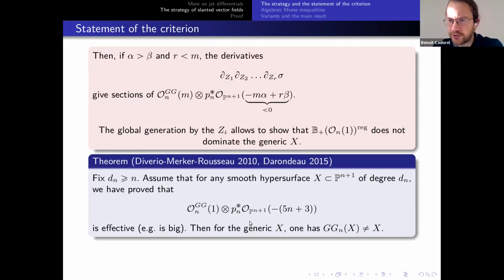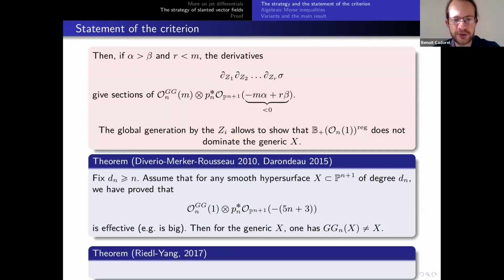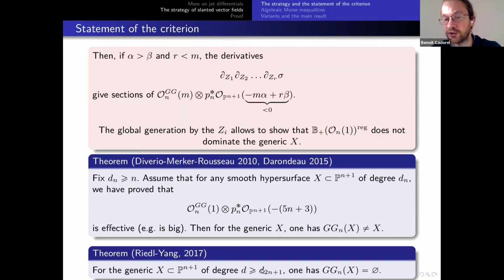Okay, and so let me also say that here you have obtained that X is not equal to its Green-Griffiths locus, so it proves that X is quasi-Brody hyperbolic. And if you want to obtain genuine Brody hyperbolicity, you can use, so I will not talk too much about it, but you have this very striking result of Riedl and Yang, which tells you that once you have proved this for d larger than some degree d_n, then you can take a degree even larger and precisely given by this bound, actually, 2n plus 1, d_n plus 1, where d_n is the degree for this to hold, then it gives you actually that